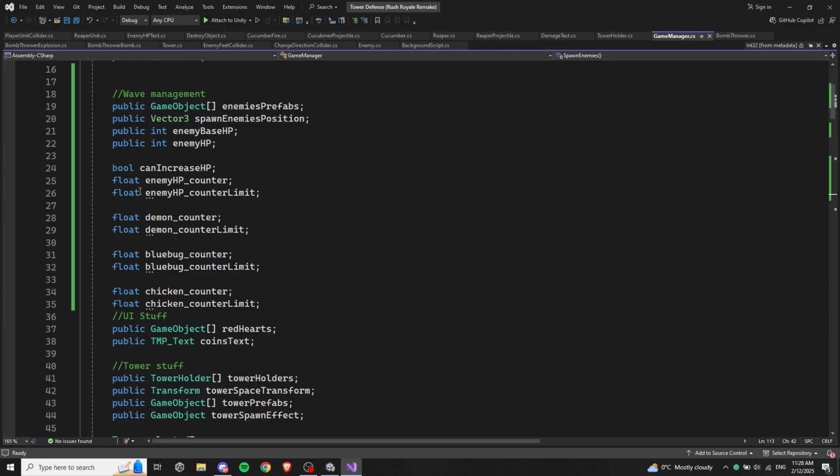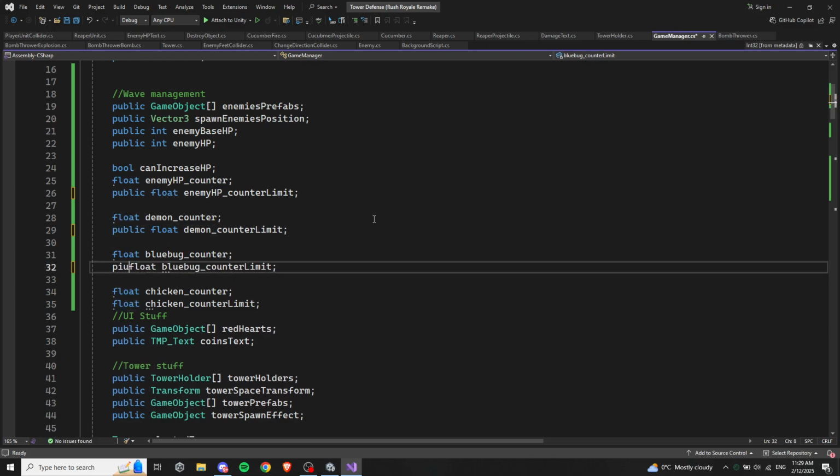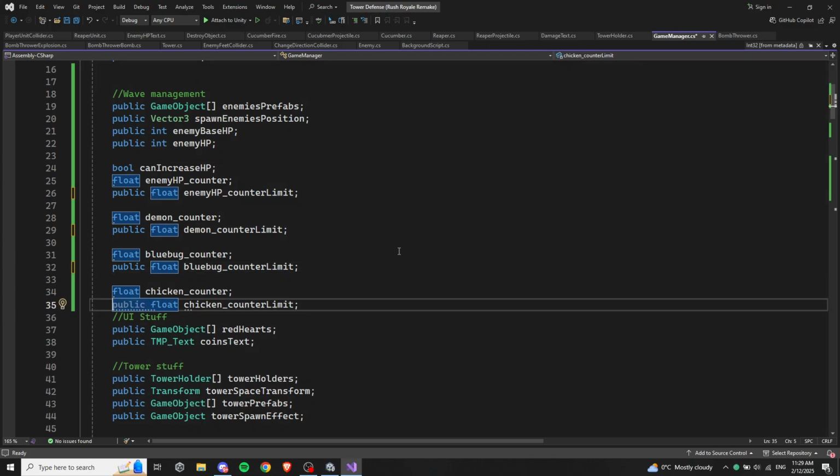Okay, so we need to make some of them public. So these need to be public, so we can see them in the inspector. Okay, public like this,